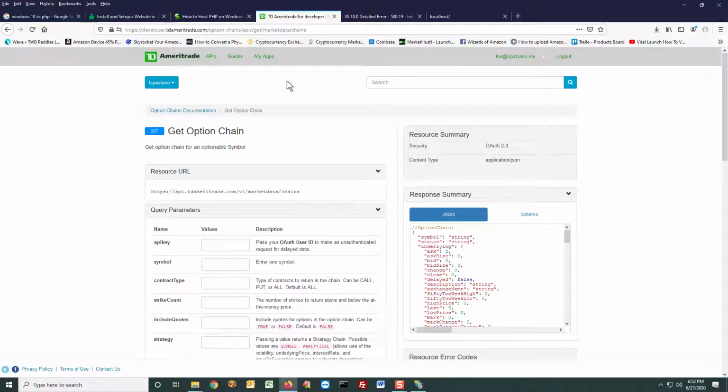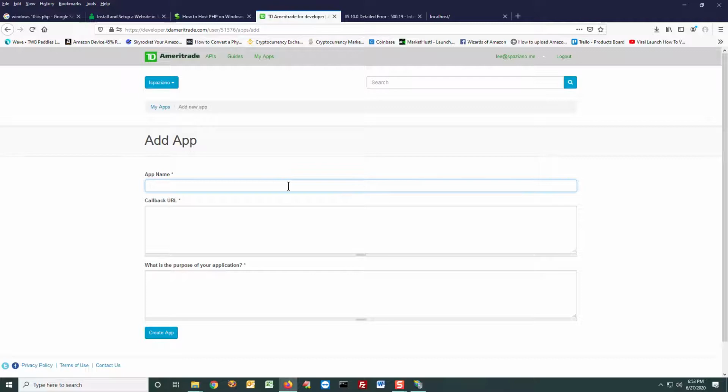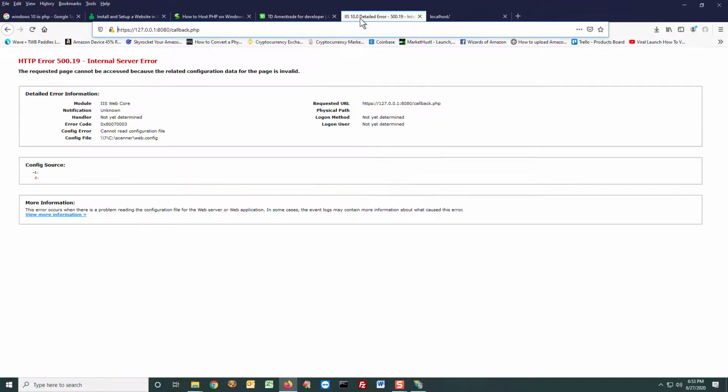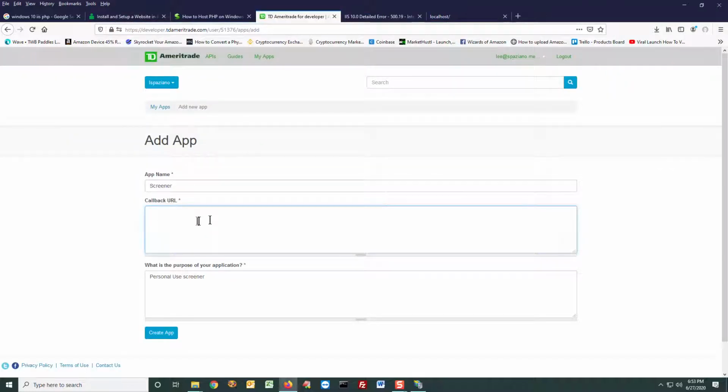So let's go ahead and go to My Apps, which is very important here. You need to click this button that says Add New App. You can give it any name you want to. I'm going to call it Screener. There we go. The purpose of your app, I'm going to say Personal Use Screener. Doesn't matter what you say here. And your callback API. This one does matter. It's really important that you get the exact right thing for this. It is